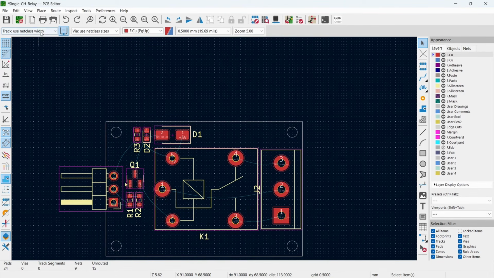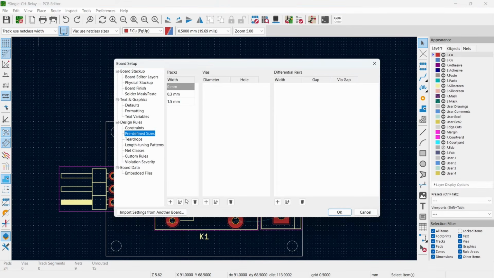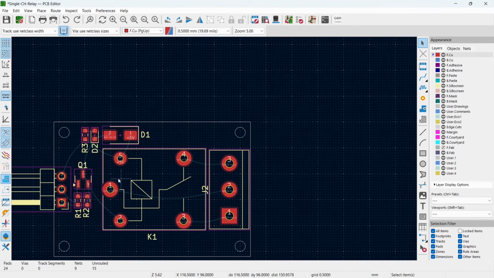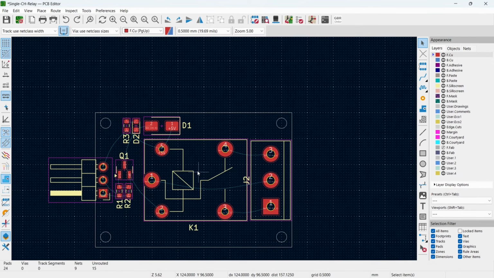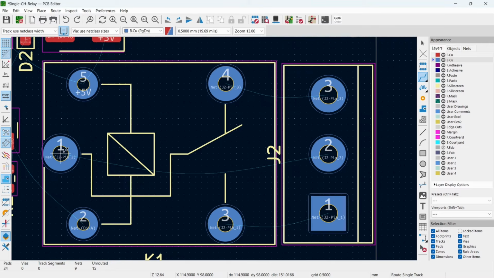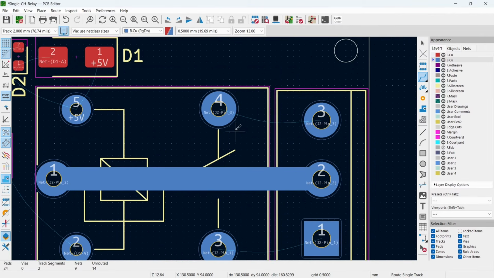Or you can also add 2 mm for the AC signal. So I will add 2 mm. All right, so now this PCB is going to be a double layer PCB. So for that, I will just select the bottom copper layer and I will click here, route signal. Make sure to select the bottom copper layer from here in the layers. I'm sorry, we have to choose the size. All right,